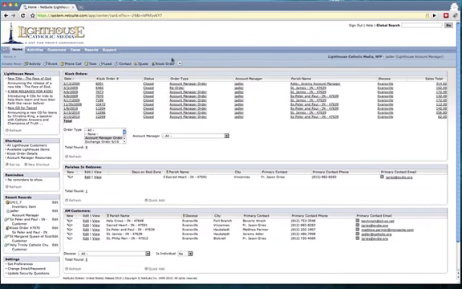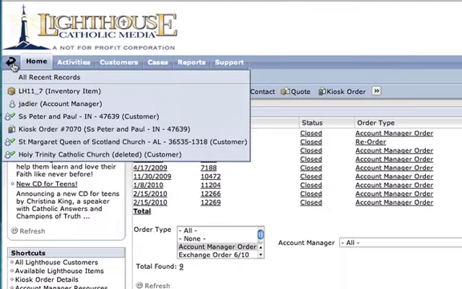Also part of the navigation menu on every page is the Recent Records arrow. By hovering your mouse over the Recent Records arrow, a list of your recently viewed records shows. The Recent Records list is an easy way to navigate to records that you were previously working on or viewing. This includes kiosk orders, customers, or any other records that you happen to view or create, such as quotes or